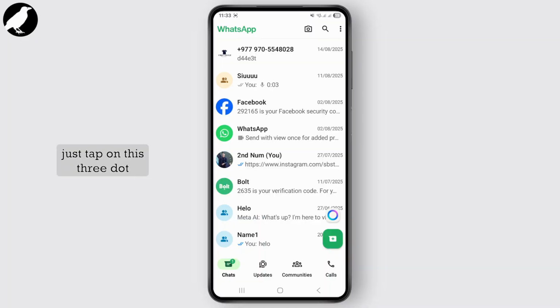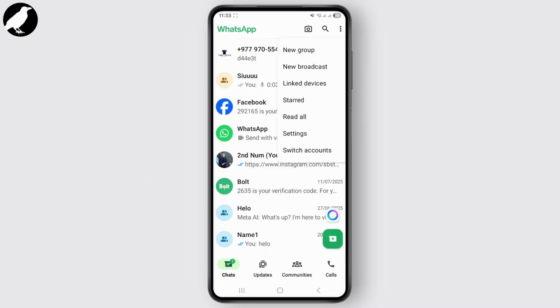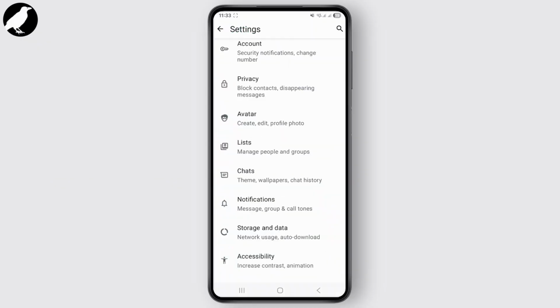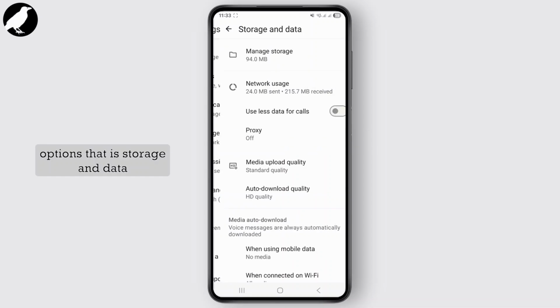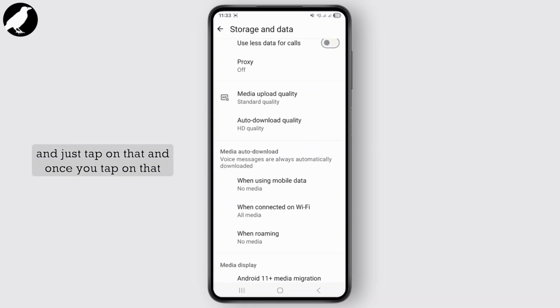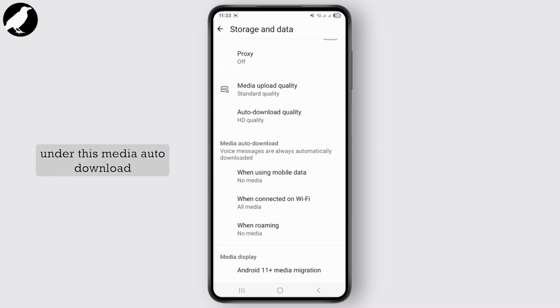Now just tap on this three dot icon at the top right corner, and once you tap on it, simply select settings. Once you select settings, scroll down until you see the option that is storage and data, and tap on that. Then scroll down, and under this media auto download section,